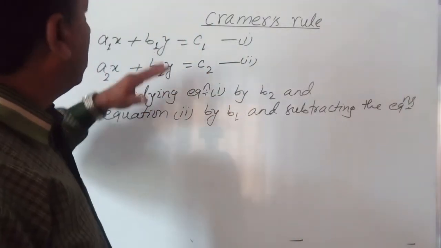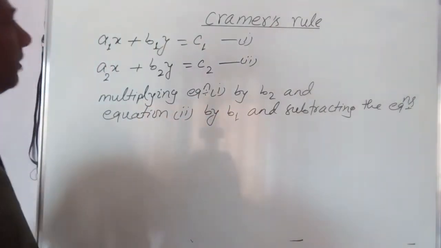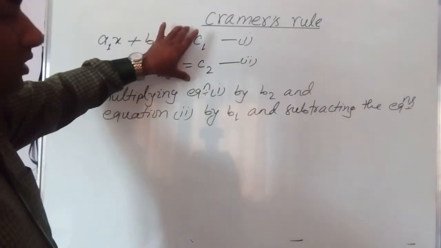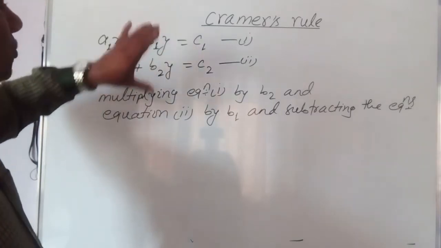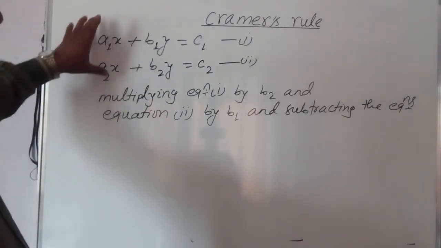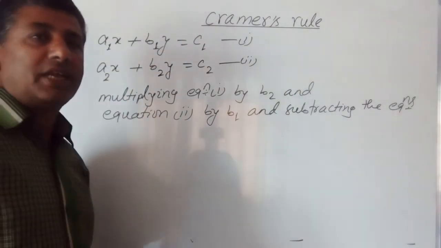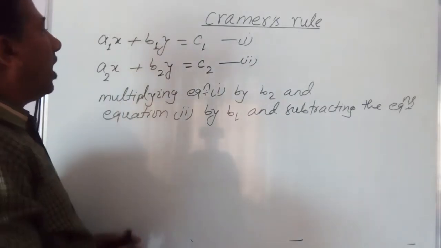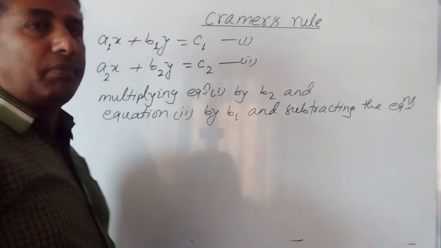Okay, now here is how to solve this one. Let me explain. In the first step we solve by the use of elimination. First of all, we have to decide which variable we want to eliminate. We can decide x also, we can decide y also. I'll decide to cancel this y. First I'll cancel y by this elimination method.